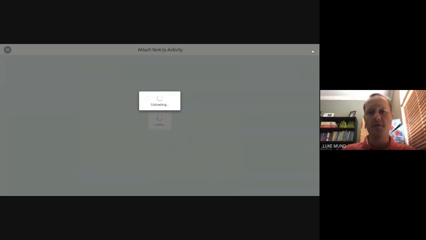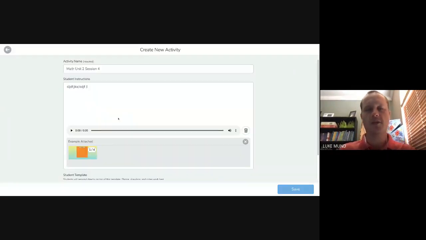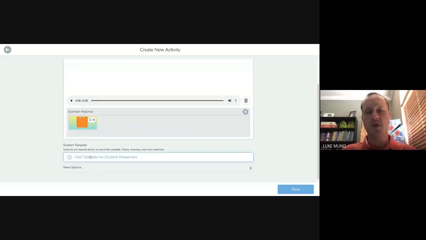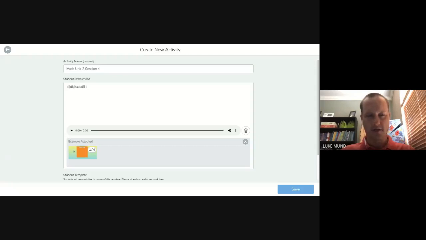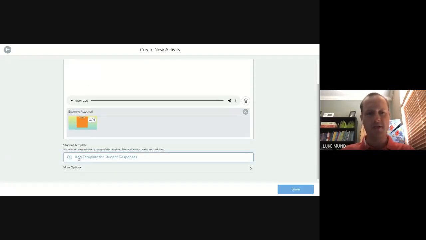So I have my teacher workspace where I could do the work for them. And I also want my students to do their work on a template. Sorry, let me explain this here before I click on it. So a student template is going to make a copy for each student, and they're going to be able to do the work on the template. So right up here is my exemplar or my teacher workspace. Down here is going to be my student workspace.